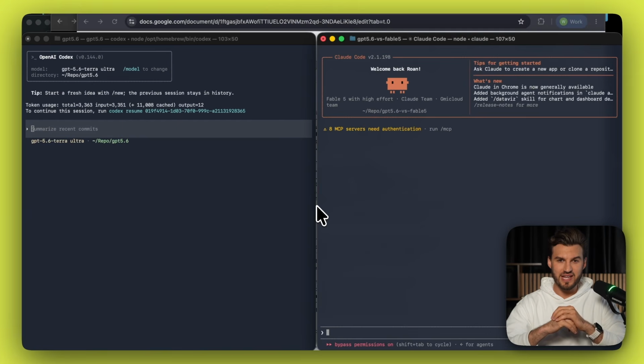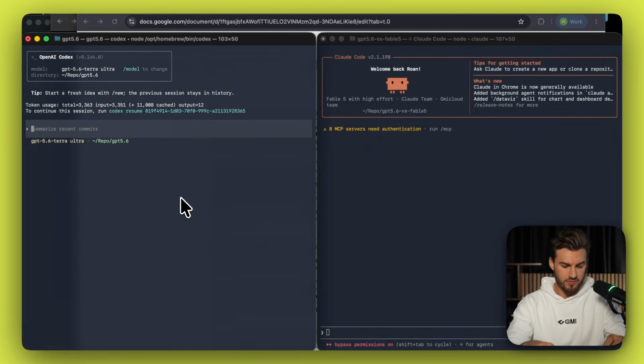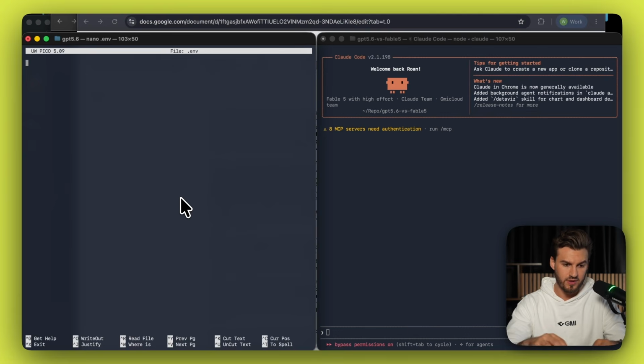All right, so let's get started. The first step is to set up the environment variables, and then we're going to copy and paste the prompt. Let me close this, and I will create a nano .env. This is going to be our environment variables. I'm going to call it